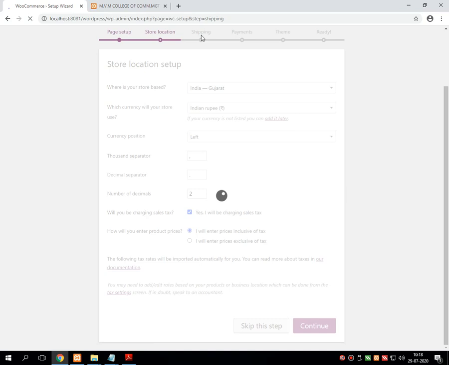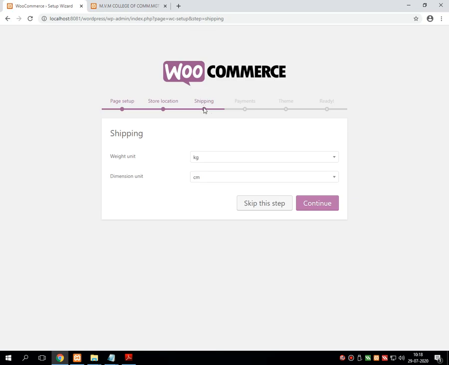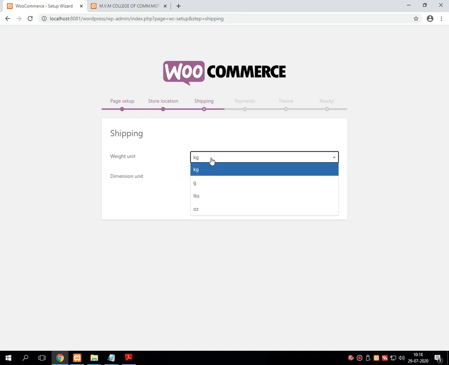Next comes shipping. We are over here. Whenever you are dealing with a product which sells online, the weight unit and the dimension unit are what we need to set over here. For example, suppose you are selling very lightweight products through your website, then you have to go for g, that is gram.